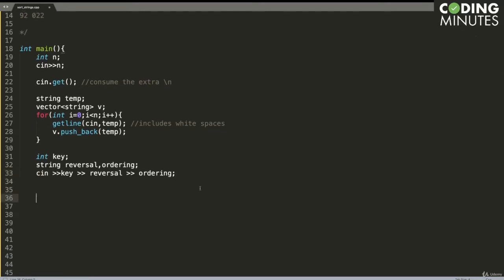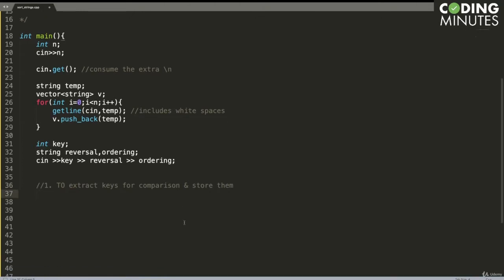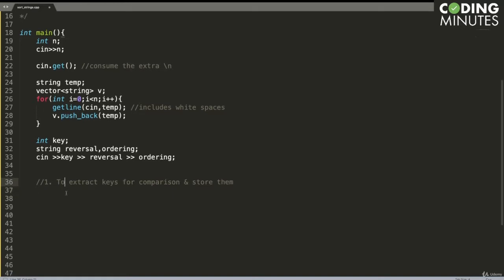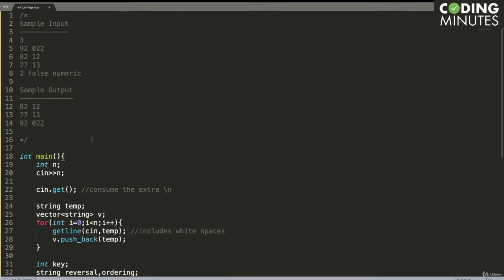And our next step, or the first step of our algorithm, is to extract keys for comparison and store them, right? So what we will do, we will make a function that will help us to extract tokens. So let's make that function.